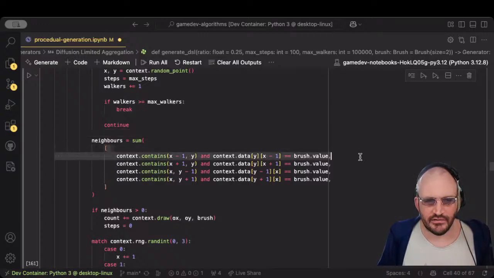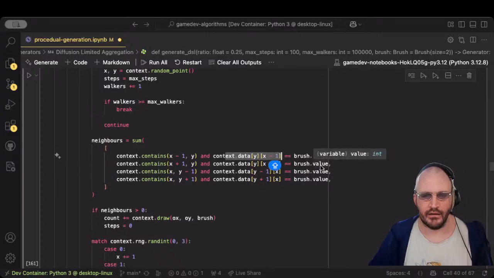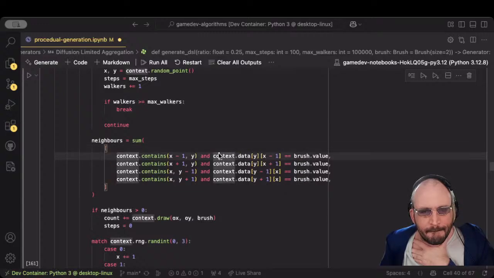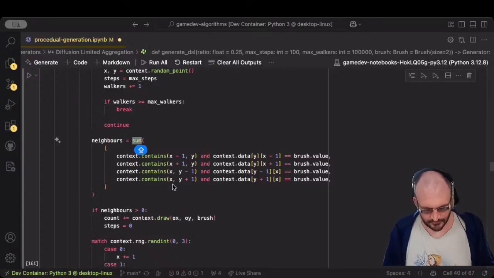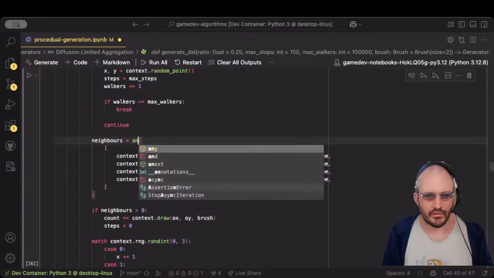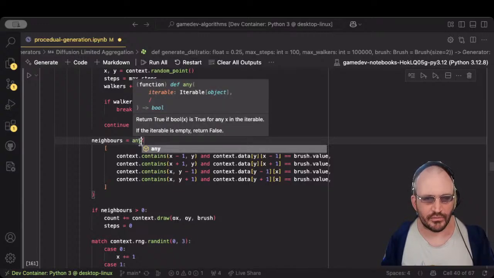We're looking at each side and we're going, is it inside the world and is it set to the X and Y value? And if so, then the neighbors, if any of those are... actually any is probably a better